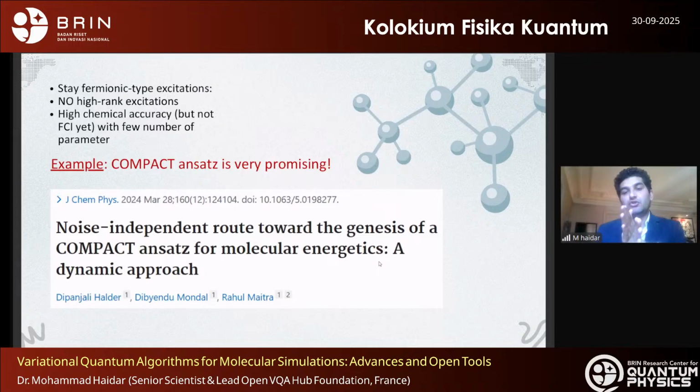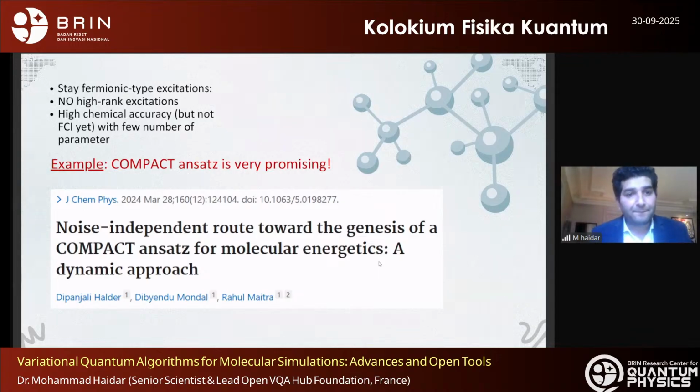And you don't need to go to high-rank excitations. I mean, you don't need to go to triple or quadruple or sextuple or octuple. You just need to achieve your high accuracy, not necessarily FCI, but with a fewer number of parameters. So I would recommend going to the compact ansatz. It's very interesting because the compact ansatz is a new strategy, in which our colleague Raoul Matra and his friends tried to classically